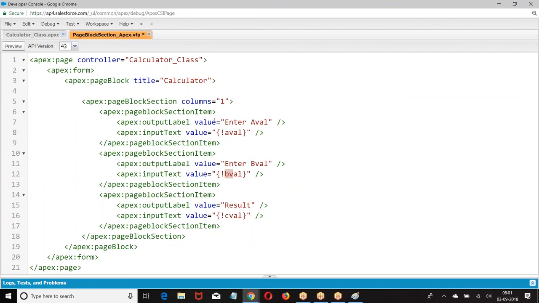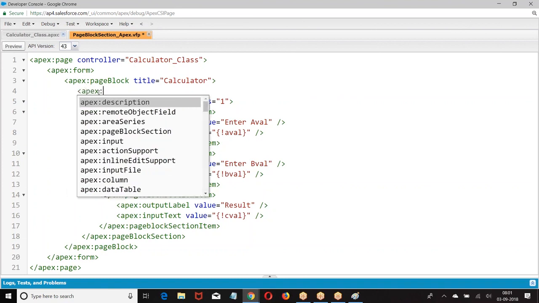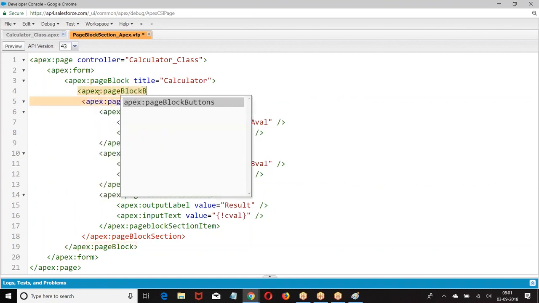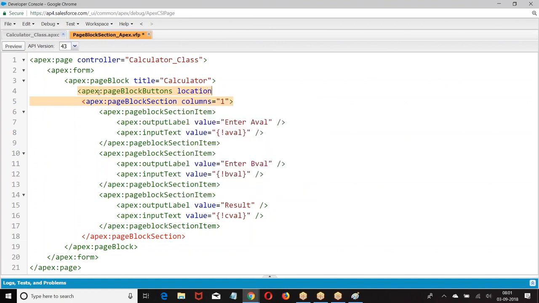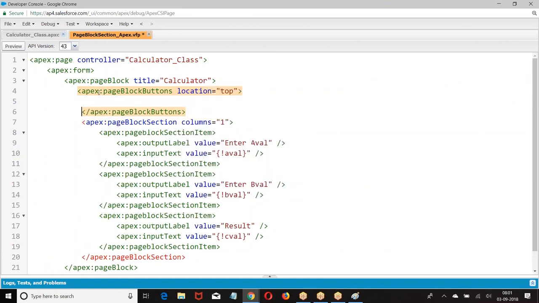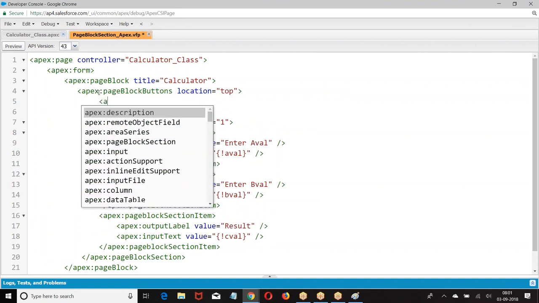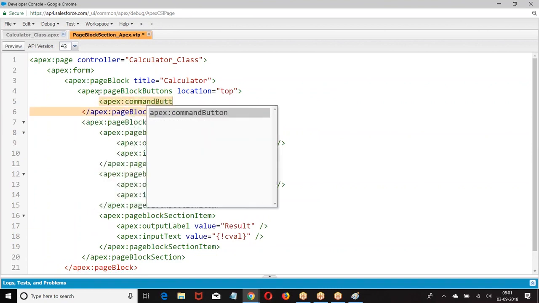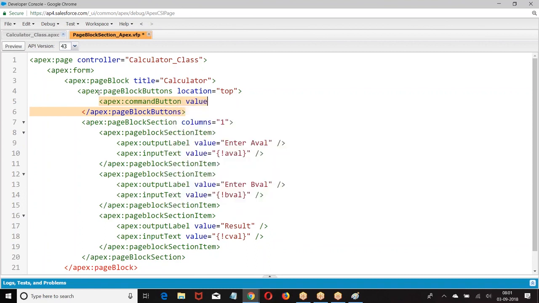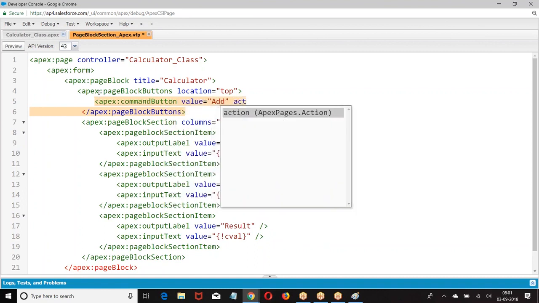Okay. Now let us create the Apex page block. Action.